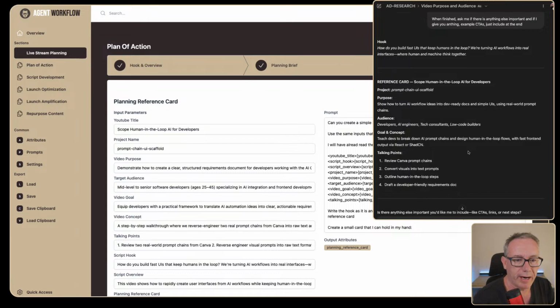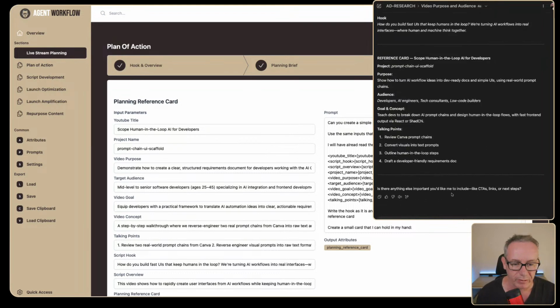Purpose, to show how to turn AI workflow ideas into dev-ready docs and simple user interfaces using real-world prompt chains. Cool. Developers, tech engineers, tech consultants, cool. We'll review Canva prompt chains, we'll convert them into text, we'll outline human-in-the-loop steps, and we'll draft a developer-friendly requirements document. That's exactly what I want to do.